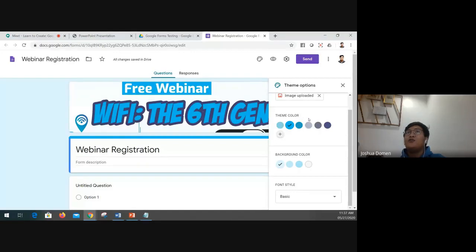One pro tip lang po, we have what we call a color layout principle, even in websites, in newspapers, in posters, that there must only be a maximum of 3 colors for your design layout. So one tip lang. Now, please do not expect, if meron pa kayong in-upload na header image, please do not expect